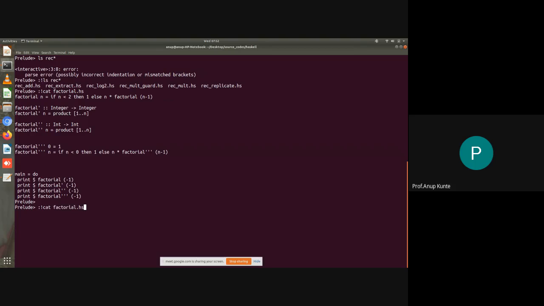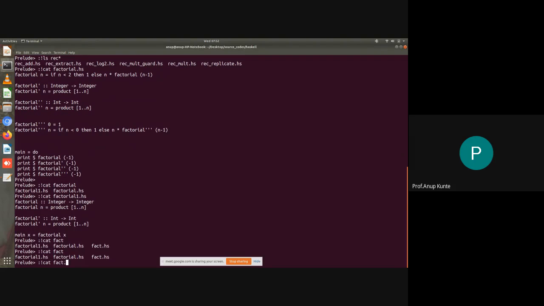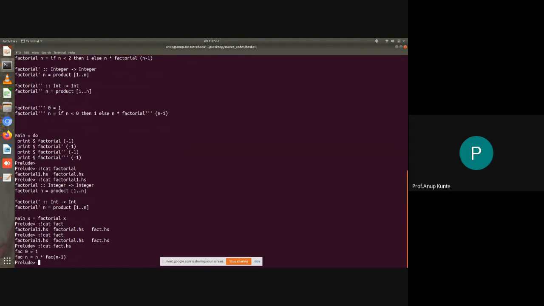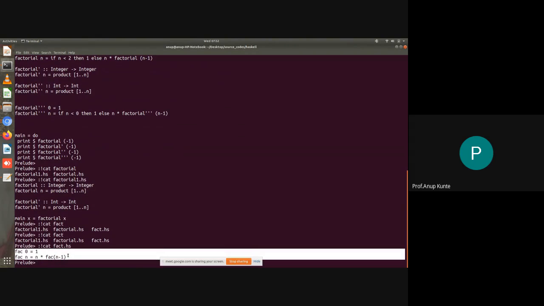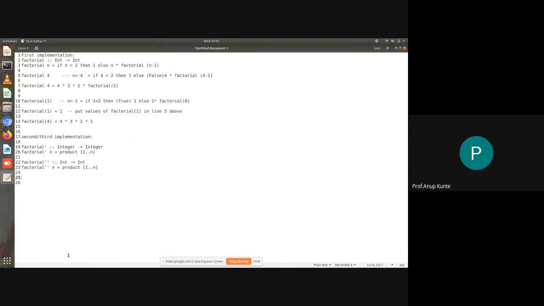I guess there is one more factorial implementation. I'll just see. Yeah, there's one more factorial implementation. Yes. No, this is product. And I guess there is one more, fact.hs. Okay, see. So this is another implementation. Fact 0 is 1 and fact n minus 1. So I'll just copy it down. Name of the function doesn't matter. Second, third